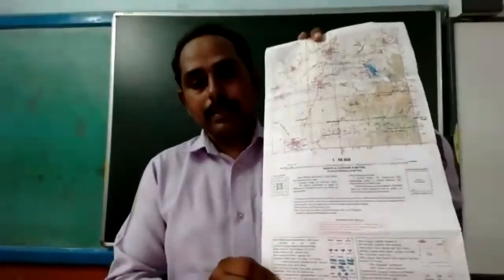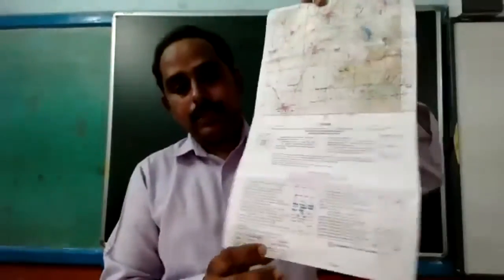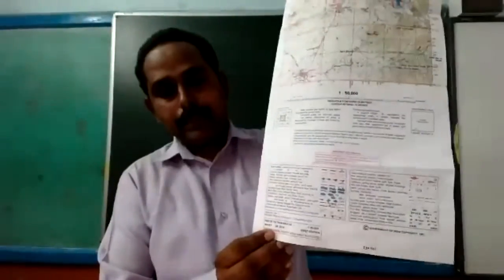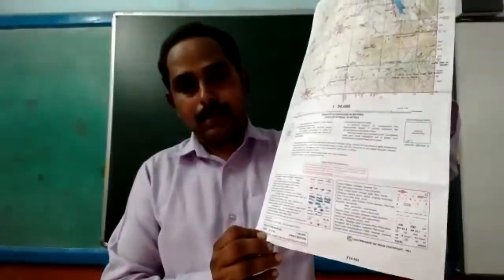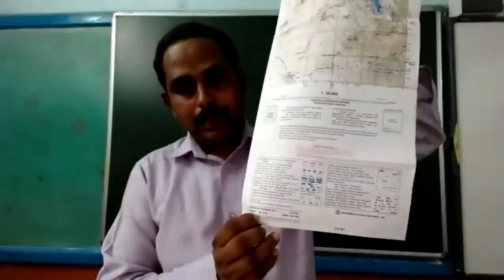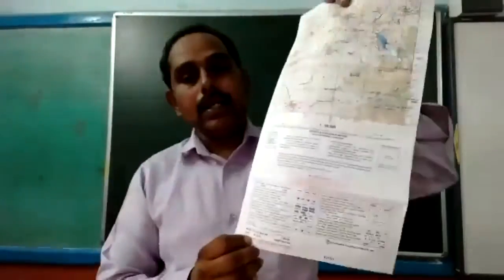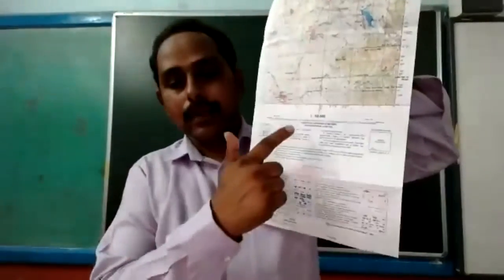This is the exact map which is given. This one is 45 D/10. That is also written here at the last end, left side. 45 D/10 it is written here. Only some grid references, grid numbers are changing. 43 S/7 or 10 you will be getting. And many important informations are written over there.